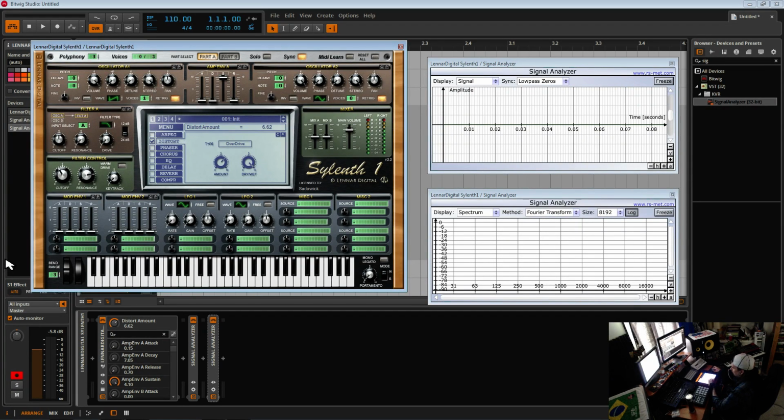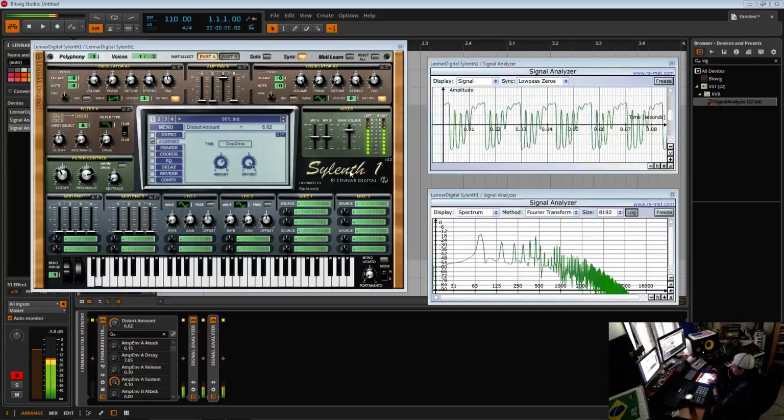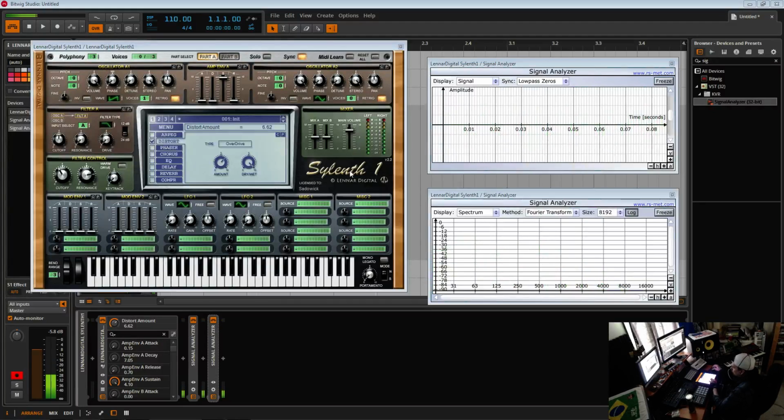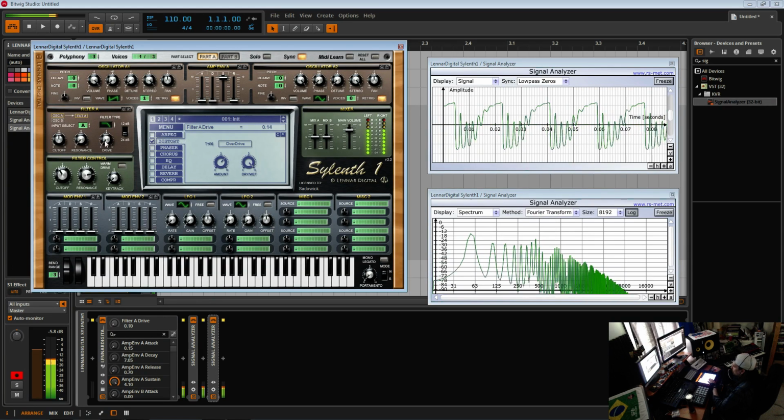And yeah, that would be my tutorial on distortion. There's also a filter drive here if you want to play around with that too. That's more of a